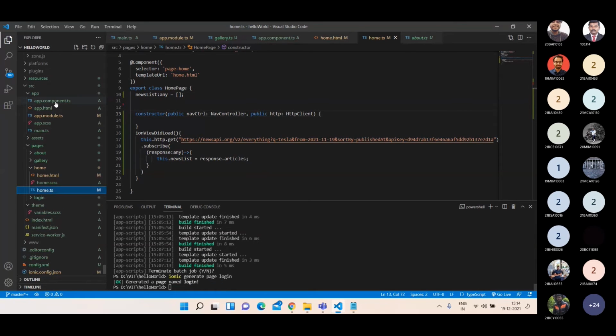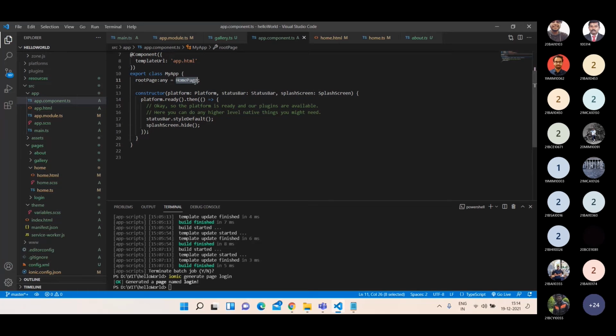Okay, so inside this app component, let me give the root component as login page. Why am I giving it in single quotes? Because login page is lazy loaded, right?